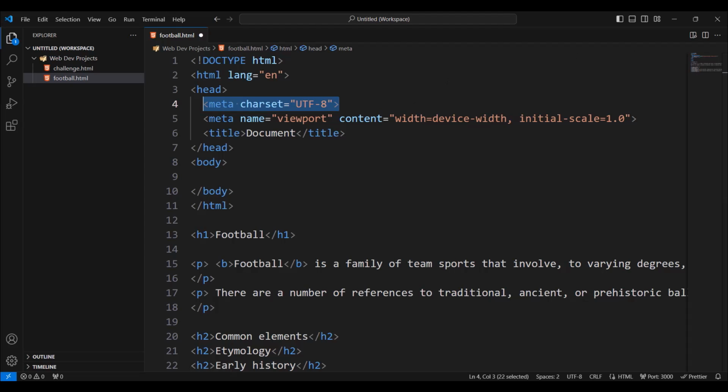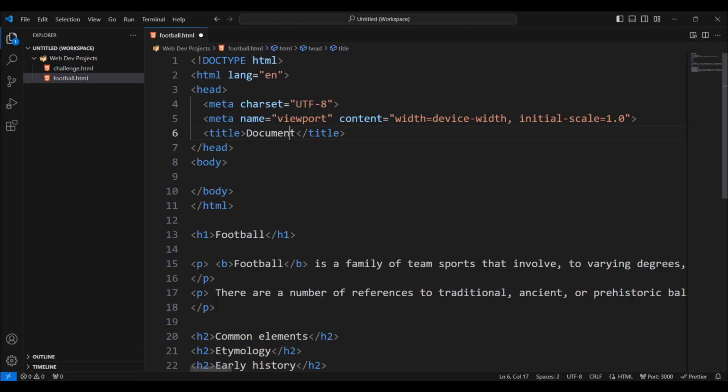Next we have meta, and we have this long thing. So what is all of this? Let me highlight it. This meta tag provides instructions to control the layout on mobile browsers. The content attribute here specifies that the width of the viewport should be equal to the width of the device, and the initial zoom level should be set to 1.0. This ensures that the web page is responsive and scales correctly on different devices, providing a better user experience on mobile devices.